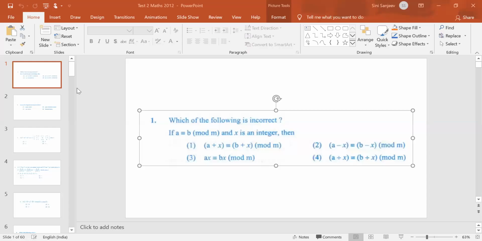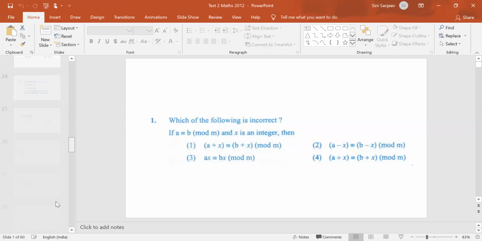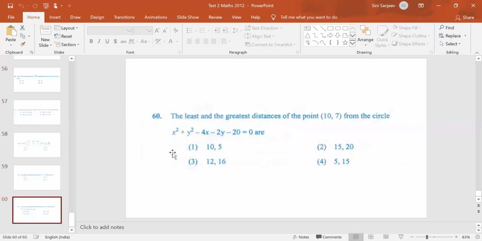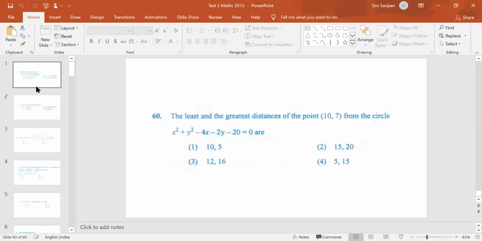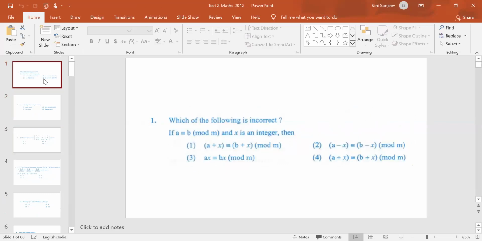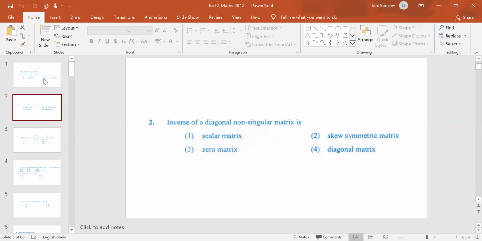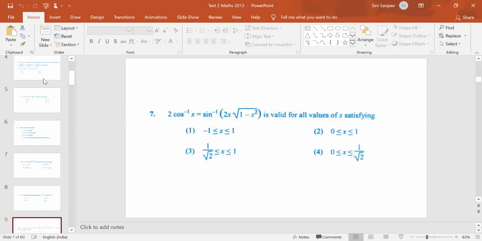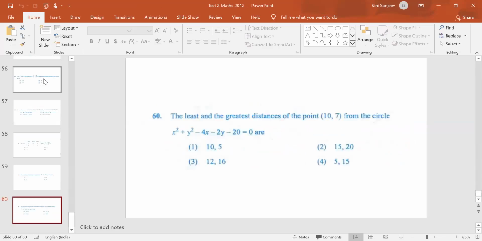This is a kind of examination where I have to make around 60 questions. 60 questions means 60 slides. So tomorrow also I have to make slides. Tomorrow I conduct a physics exam for them. Every Friday I conduct a test, entrance examination only. See, this is the thing: inverse of a diagonal non-zero matrix is which one? These are all taken from previous year questions, and I have to cut, copy, and paste everything. So that much difficulty is there, but still I took class today so that it will benefit you.